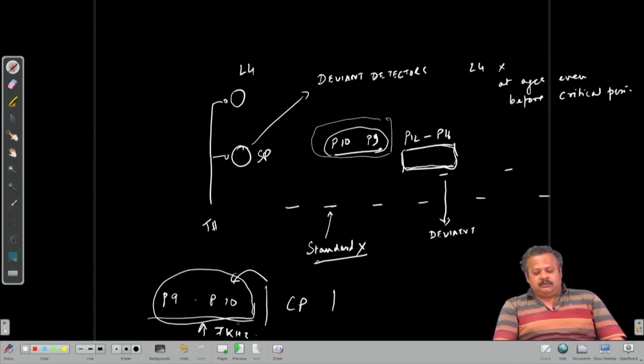So it is then likely that the experiments suggested that presentation of 7 kilohertz at the critical period leads to expansion of 7 kilohertz, and presentation of 7 kilohertz after P12 to 16 does not do anything. Similarly, the presentation of 7 kilohertz continuously before the critical period also does not do anything, and so that critical period window came up to be P12 to 16.